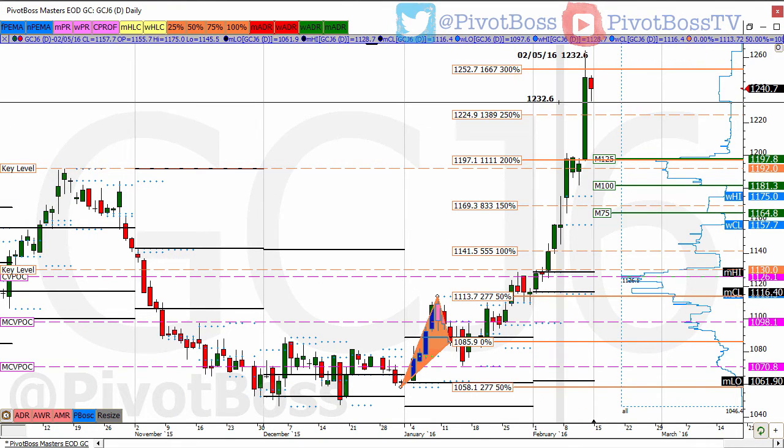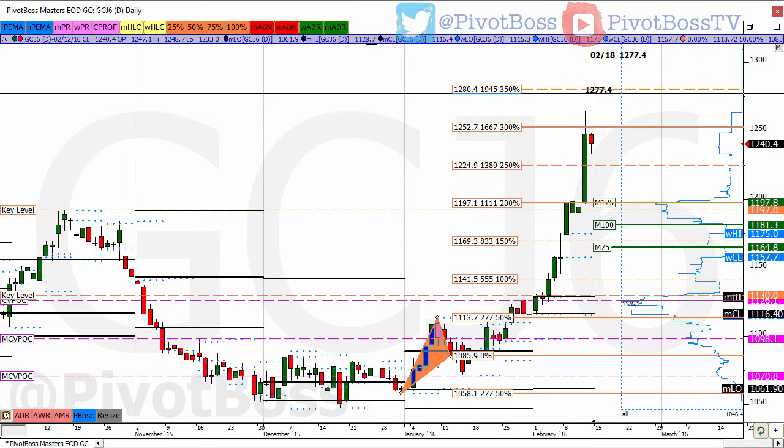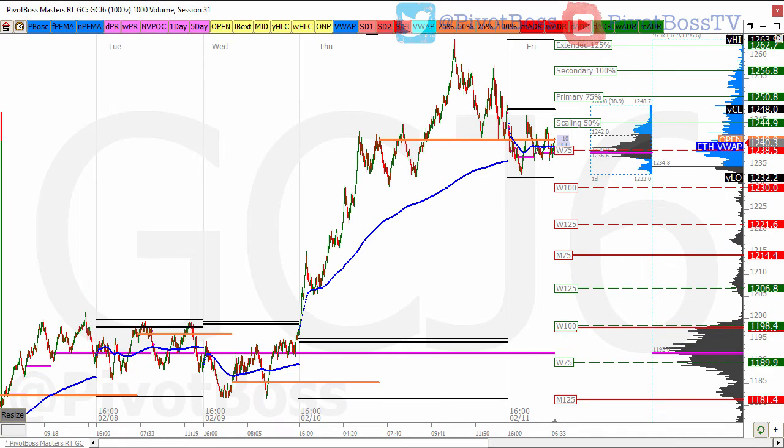Obviously, we have a very clear area of support up here, which is going to be about 1232. We'll jump into the lower time frame right now, and that's really the level to watch, because if that level holds, then the expectation would be for a move even higher into 1280.4. So if we drop into the lower time frame, here we are. Here's the previous low at 1232. You can see the RTH low here, and this is the zone that's currently being defended by bulls for a